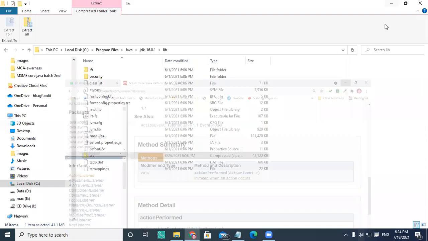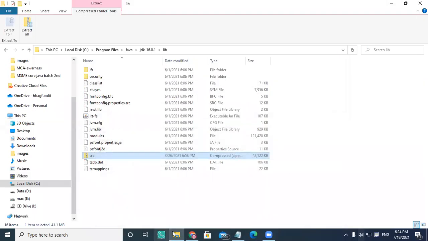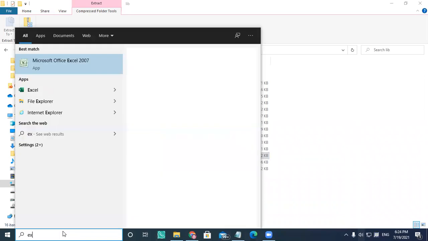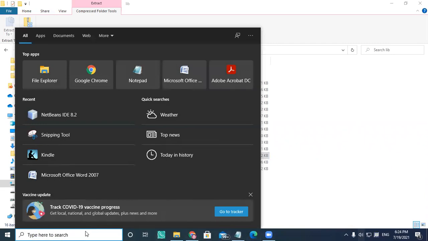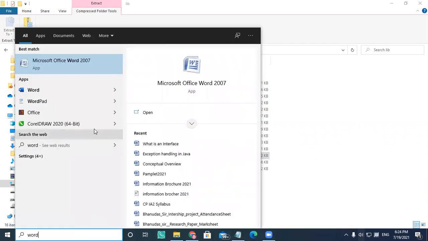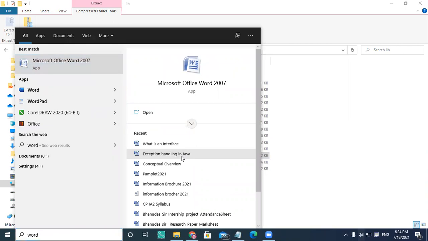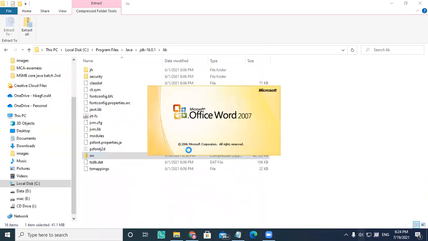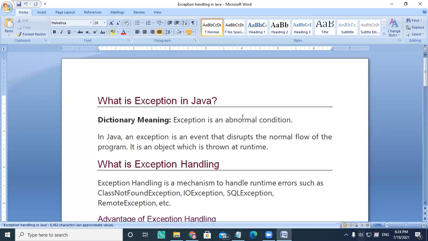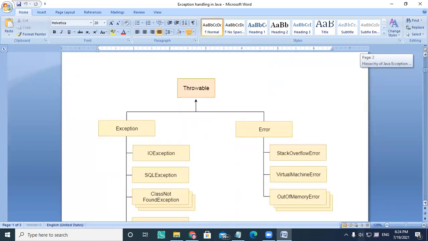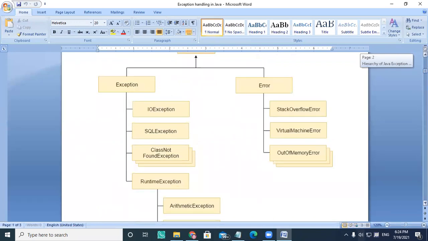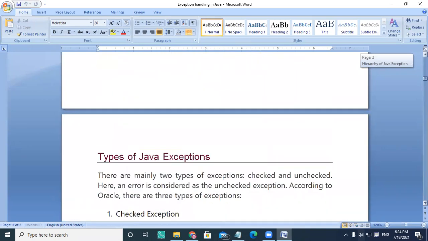Tomorrow we are going to see exception handling in Java. In the next class, we are going to understand what an exception is and the different kinds of exceptions: exception and error, the difference between exception and error, and the types of exception.